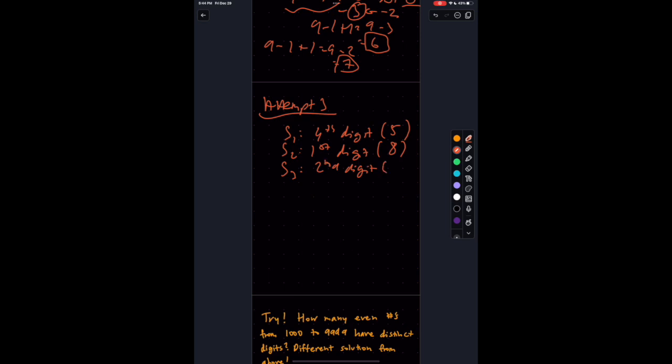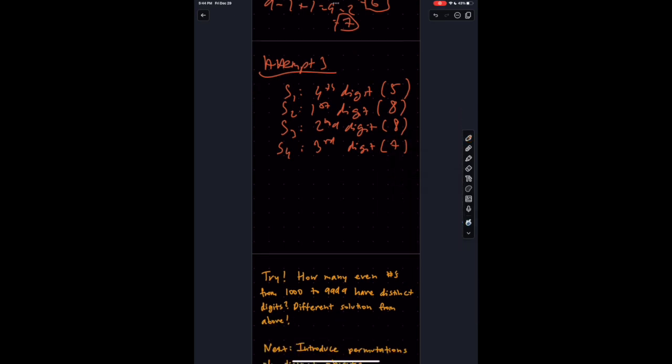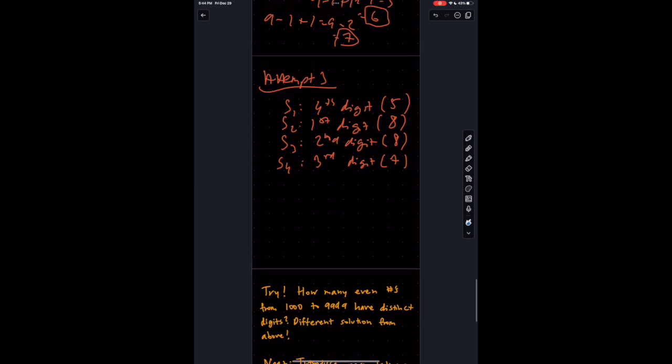This has 8 ways total because we had 10, since 0 is inclusive, minus 2 from the previous steps. The final step, let's choose the third digit. This is 7 total ways because we have 10 total options minus 3 from before. That gives us 5 times 8 times 8 times 7